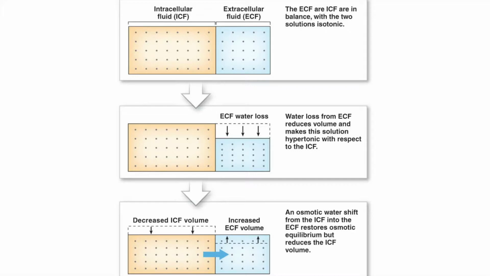So if we lose water from the extracellular fluid, such as somebody loses a lot of blood, or vomiting or diarrhea could also cause this, water from the cells can shift over to the extracellular fluid and restore that, so that keeps their concentrations the same. Rapid water movement between the ECF and ICF is called a fluid shift,